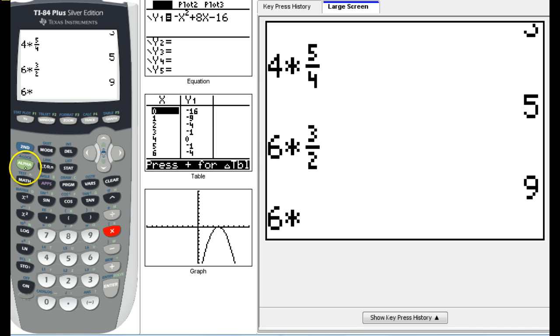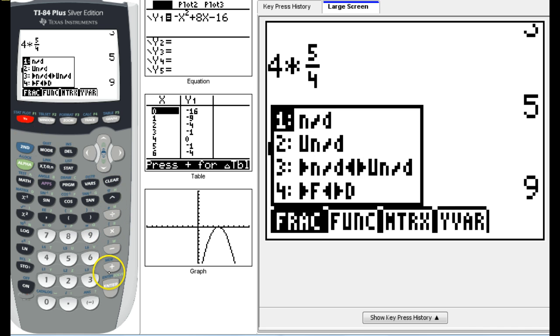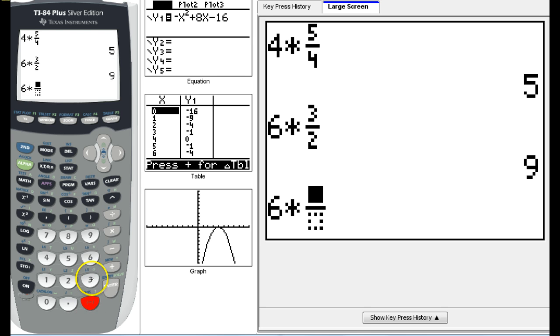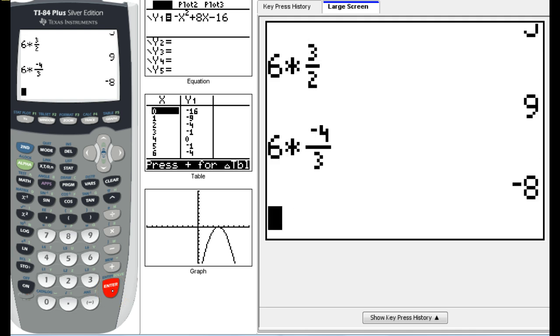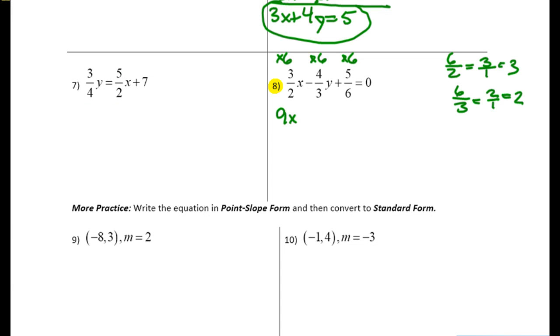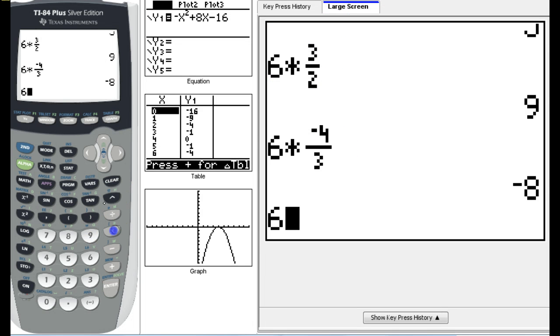6 times negative 4 over 3, and that gives us a negative 8. Alright, so that's minus 8. That's the y term. And then we got positive 5, 6 times 6. So let's do that. 6 times,